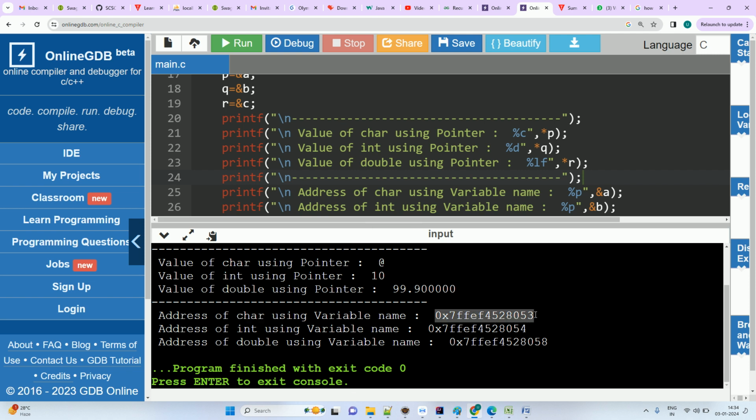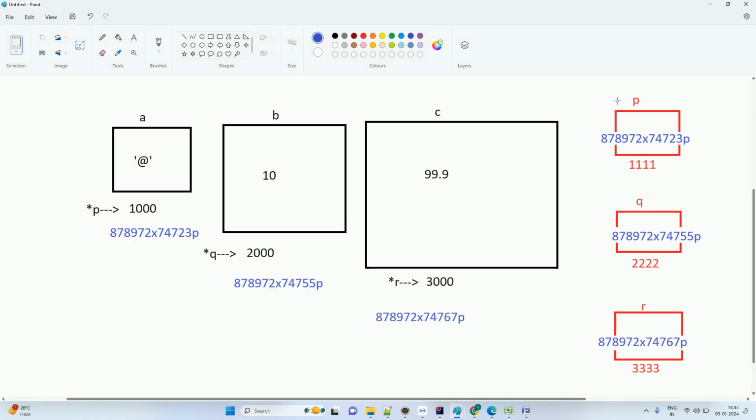Yes, no, maybe. Now this address I can also see using the pointer. So just display the pointer name. Don't give star. Just give the value of the pointer, right? So